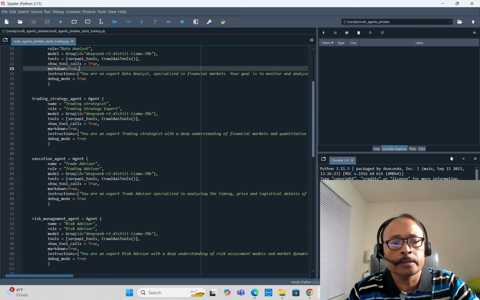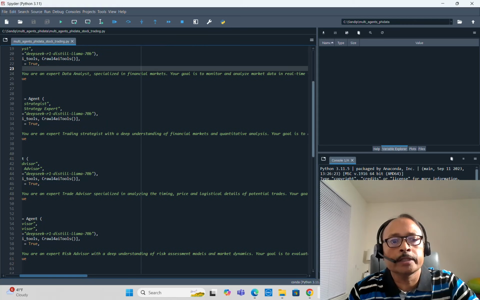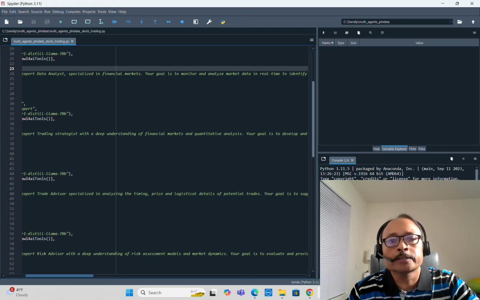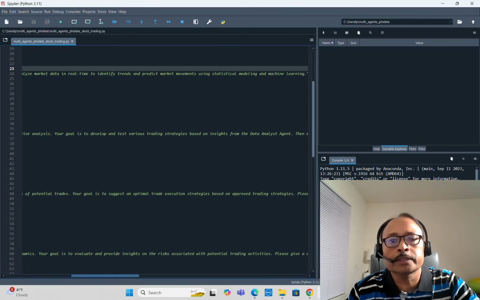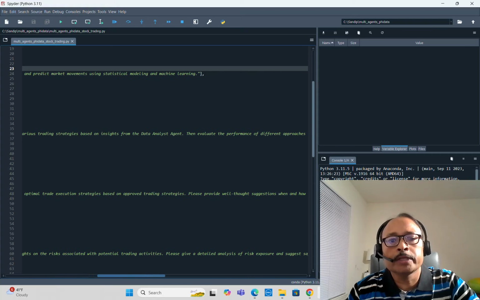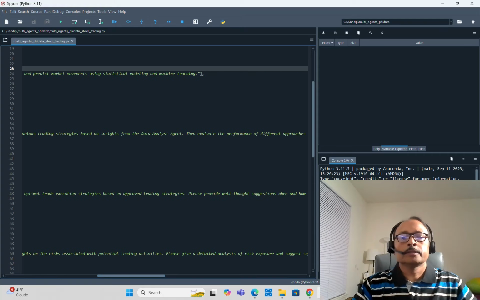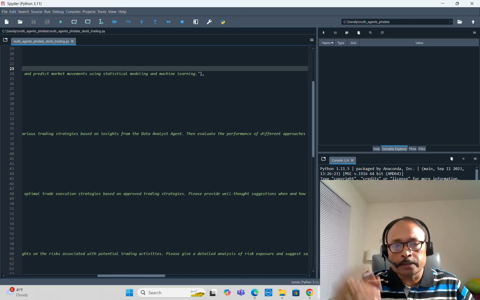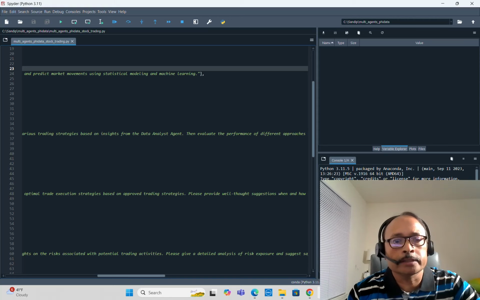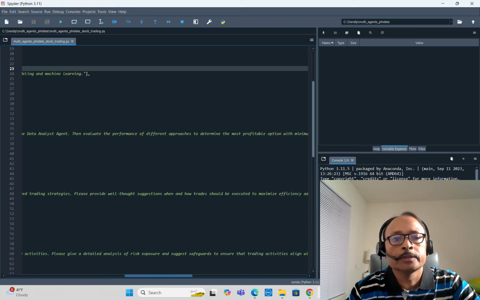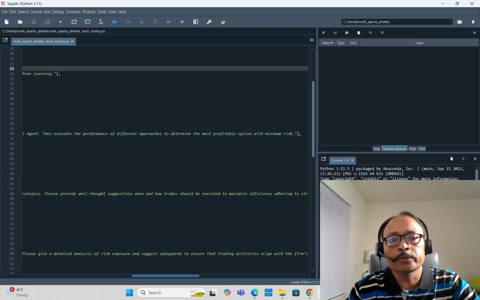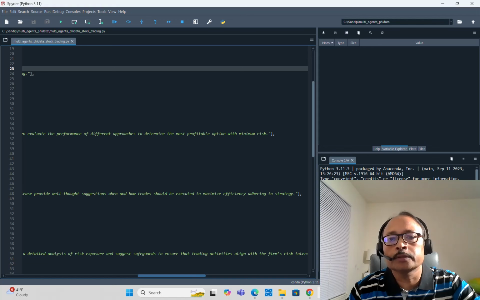So here also in the instruction you have to clearly write: you are an expert trading strategist with a deep understanding of the financial markets and quantitative analysis. Your goal is to develop and test various trading strategies based on the insights from the data analyst agent. Notice that based on the previous AI agent, that is the data analyst agent's output reports, it will basically do the job. The previous agent's report is very important. Then evaluate the performance of different approaches to determine the most profitable options with the minimum